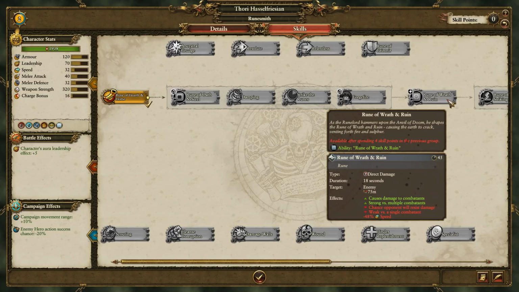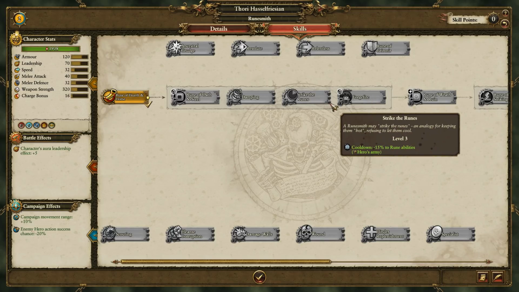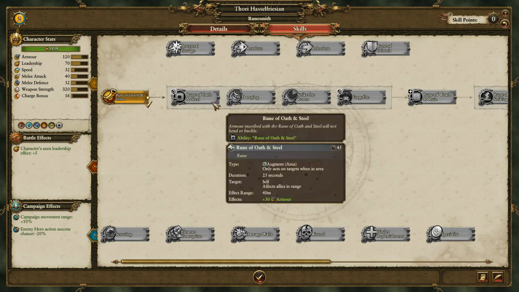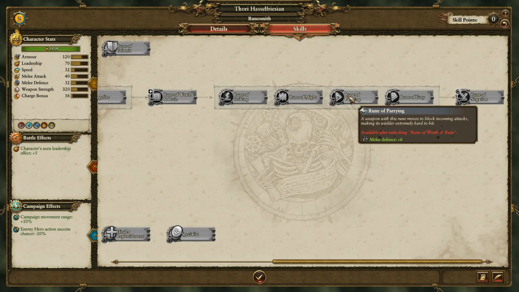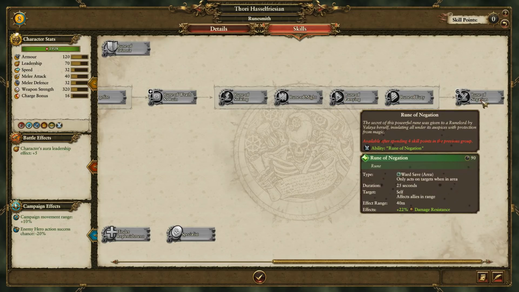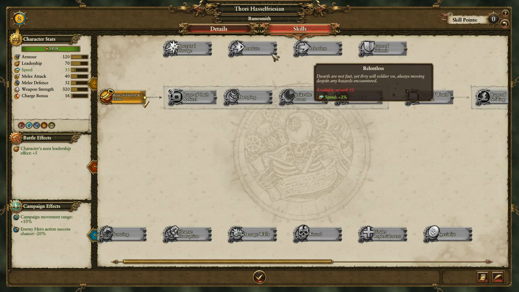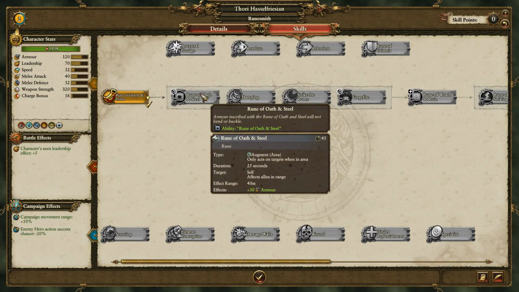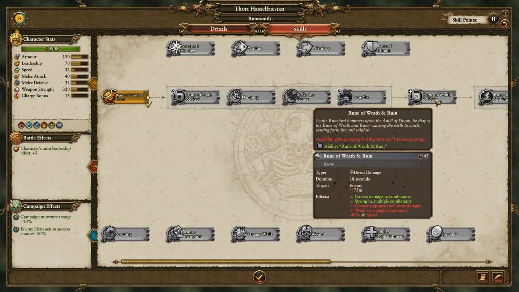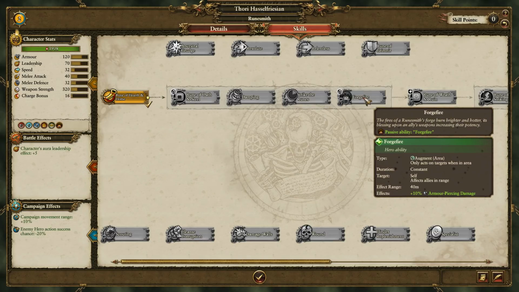Mind you, this Rune of Wrath and Rune is fantastic. Minus 48% speed. Oh, and this Forge Fire is better than it was. Plus 10% armor piercing, which is good. Strike the runes. I'm not sure if that's the same damping. Rune of Oath Seal, 30 armor. Melee attack plus 6. Melee defense plus 6. That seems the same. Rune negation is 22%. Rune of Grimnir, 10. Relentless, that's speed. It's the same. Resolute's the same, and Ancestral Grudge is the same. So we'll put him in our army, I guess. And we'll try to get to Rune of Wrath and Rune, which is fantastic. And we'll go from there. And Forge Fire is better than it used to be too, so...